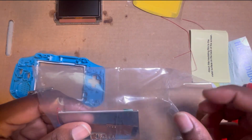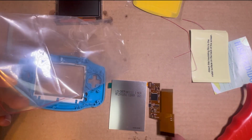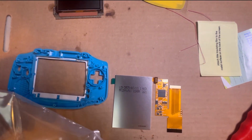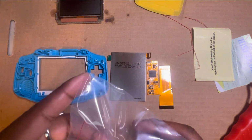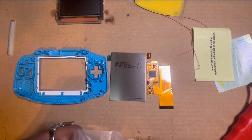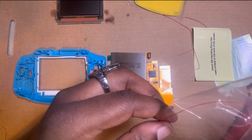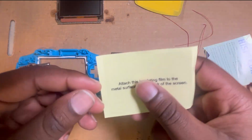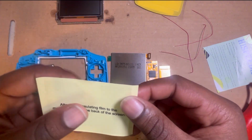So you gotta get the screen. This is the ribbon cable that you're gonna use for the screen. Make sure I get everything in this camera. I'm gonna be doing a little bit of soldering too, to be able to adjust the brightness of the screen. That's what these little wires are here for. So this is the film you need to put on the screen to make sure